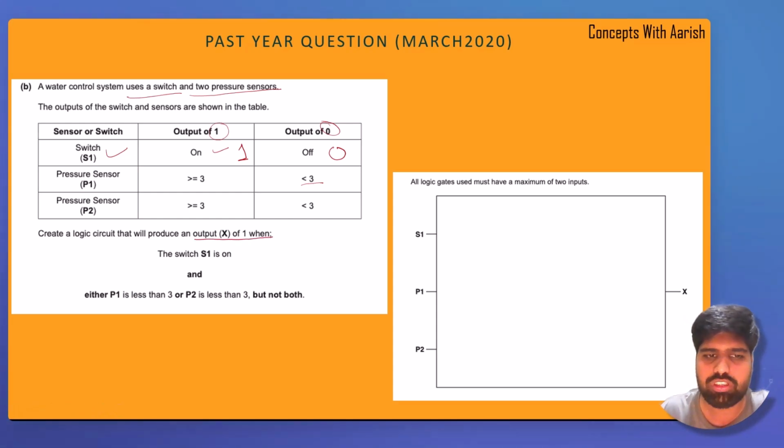So switch S1 is on, which means S1 is on. They have already given it as AND. So you will write S1,